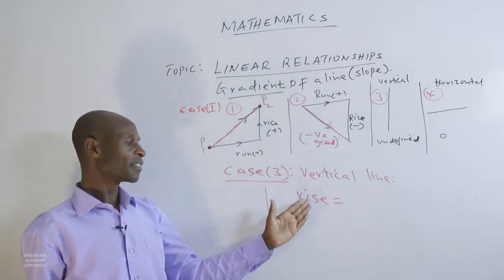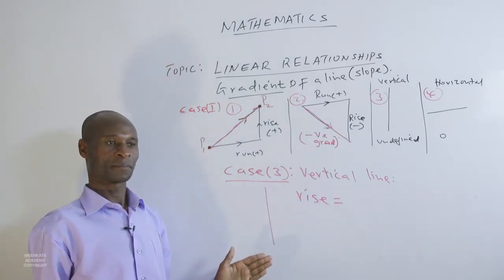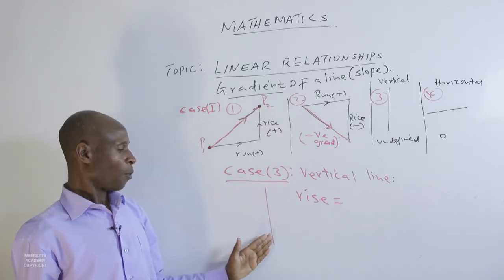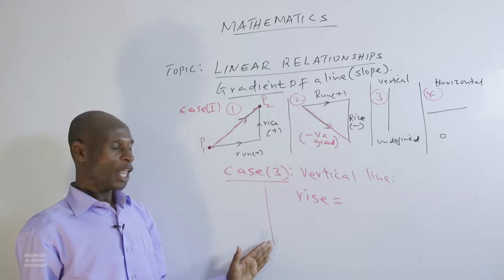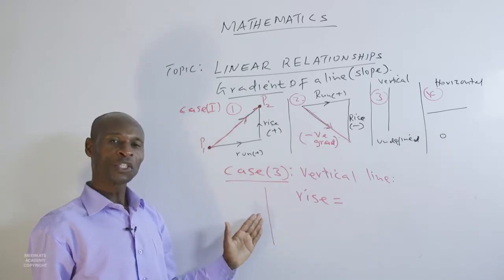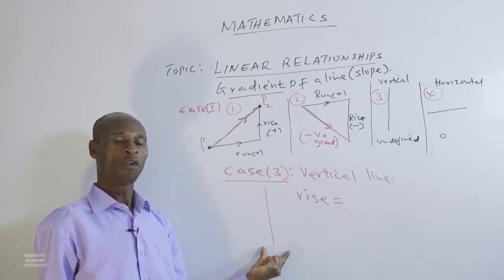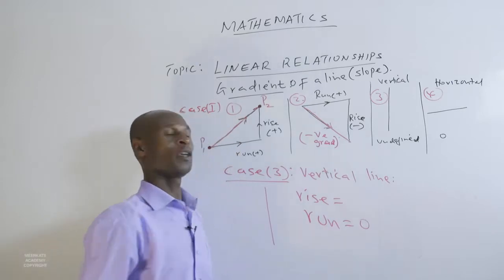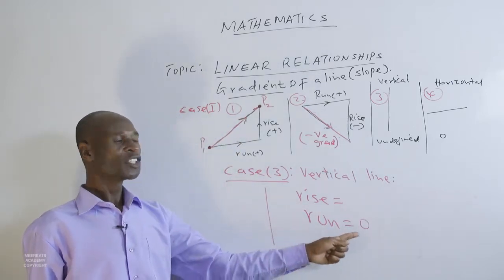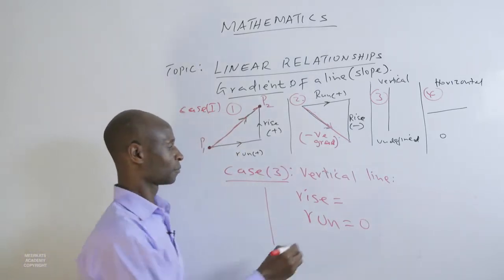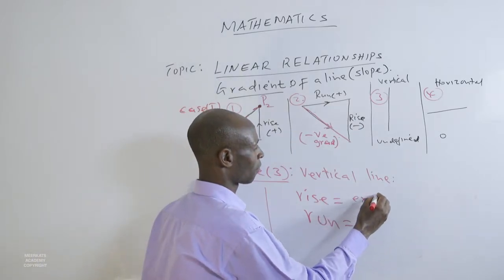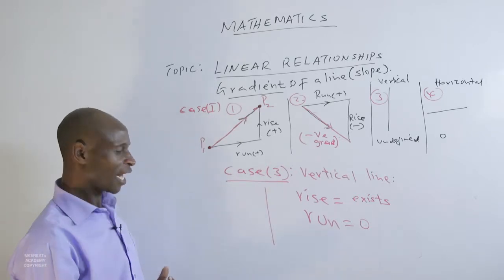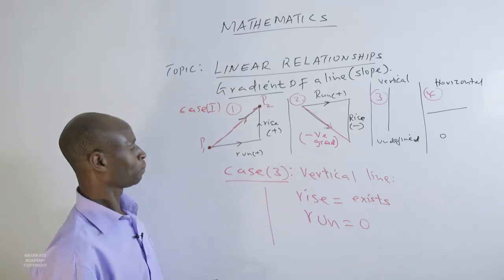The rise is existing. However, the run is not there. We don't have horizontal movement. So the run is 0. Therefore, if we calculate the gradient of such a line,